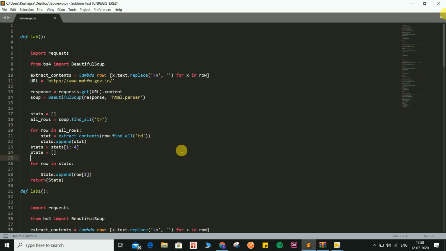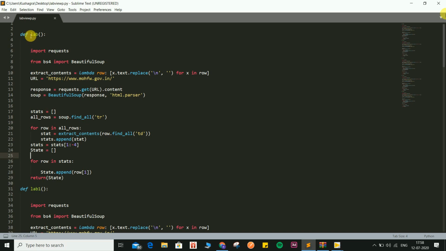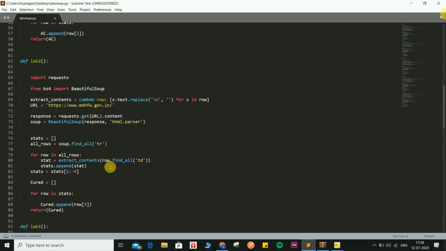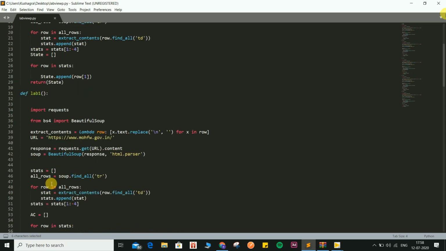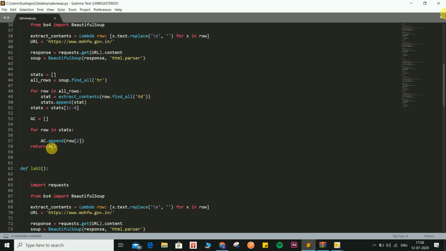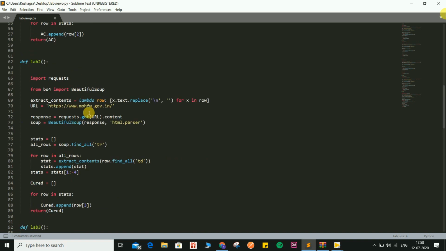So this is the Python script. As you can see that there are particularly different functions to return different parameters such as the state name and the active cases and the cured cases and so on.